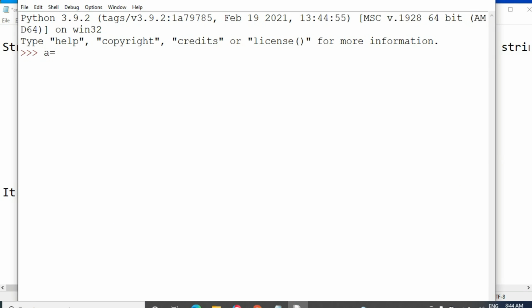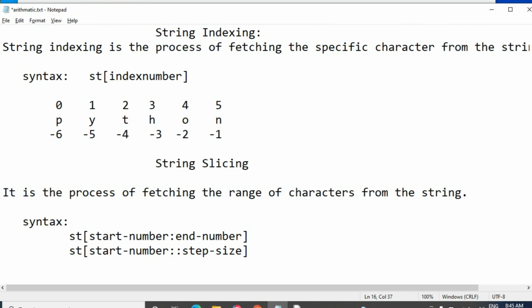Okay, I am taking the string A, Python. Then I am going to perform string slicing using double colon. Then print of A, start number is 2, step size is 2. Okay, see TO.